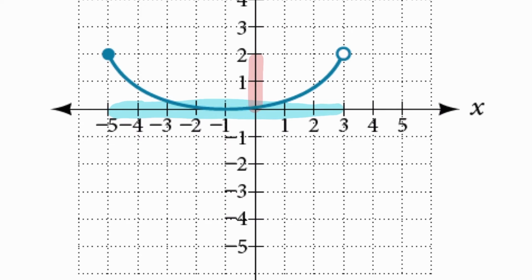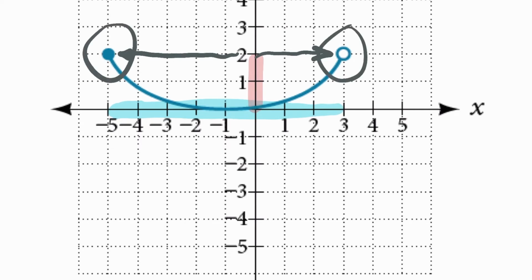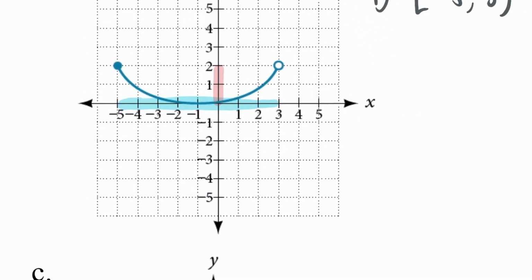Now, the other end of the range, 2, you might notice, oh, that's a problem, because 2 does not get used as an output value because there's an open circle there. But actually, 2 does get used on the other side. So 2 is an actual output. When -5 is the input, 2 is the output. When 3 is the input, well, there is no output, that's not in the domain, but this being an open circle here doesn't interfere with this being filled in here. So 2 is in the range. So the range for this one will be 0 to 2,